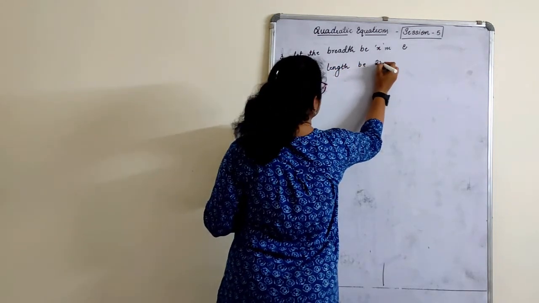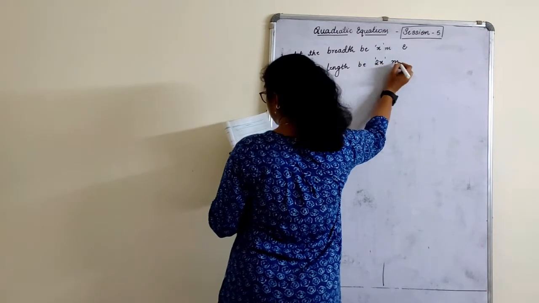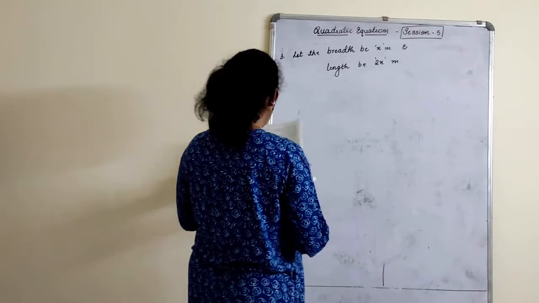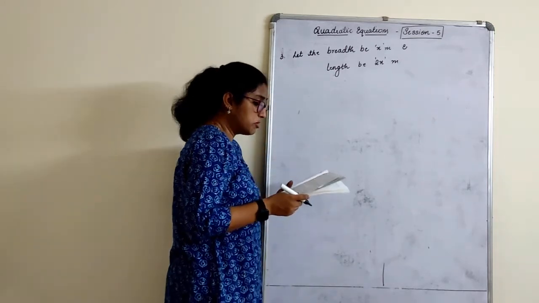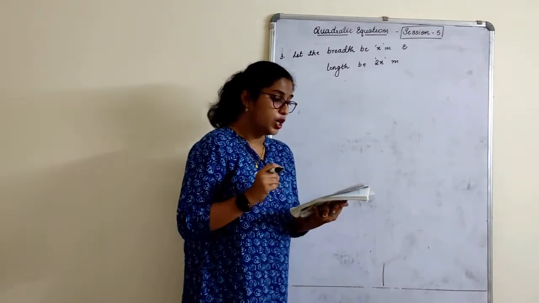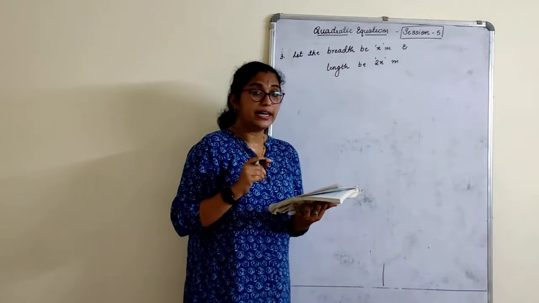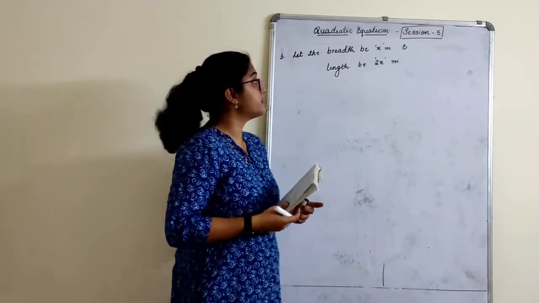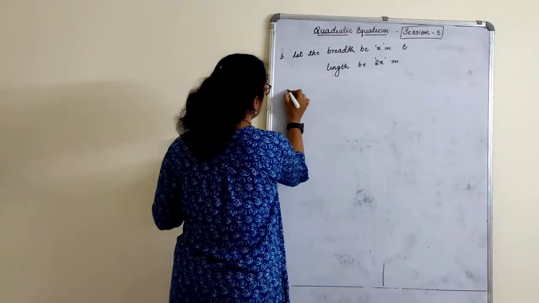Twice the breadth, 2x meter. Anything else they have given? No, that's all. And its area is 800. So by data,